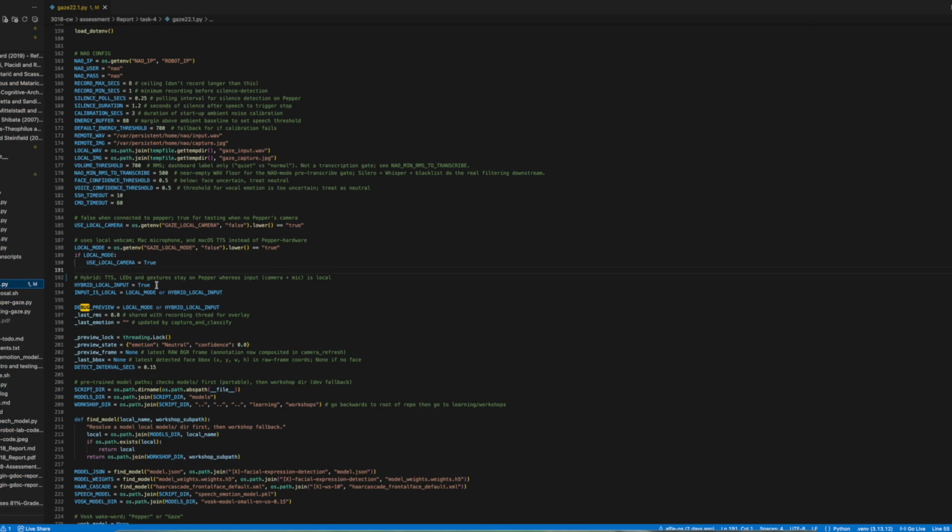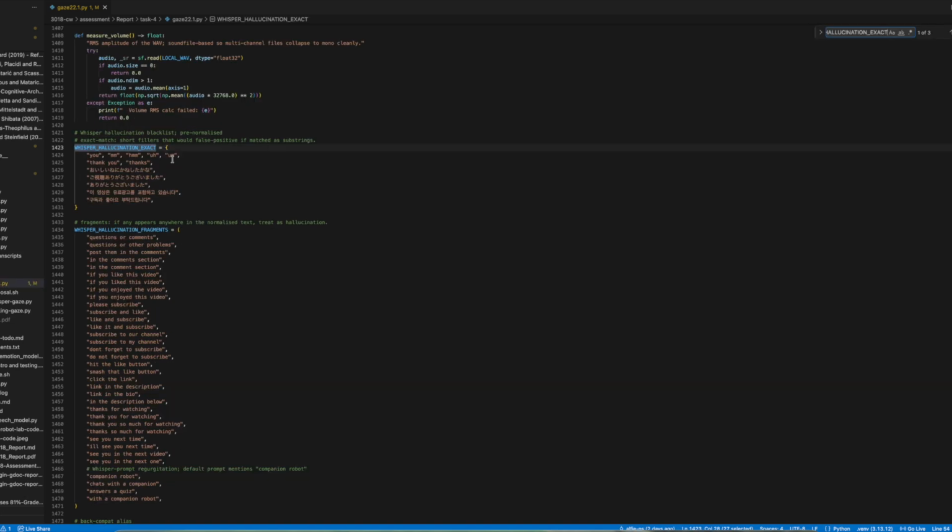So the architecture was finalized as a hybrid one, where perception and inference run on the computer, and then Pepper handles the output: text-to-speech, gestures, and LEDs. Pepper's mic was so bad it would just succumb to the noise, which would cause Whisper hallucinations that are blacklisted, and its camera streams roughly just 10 frames per second, whereas the local one is 30 FPS. So the brain sits where the signals are clean to get.